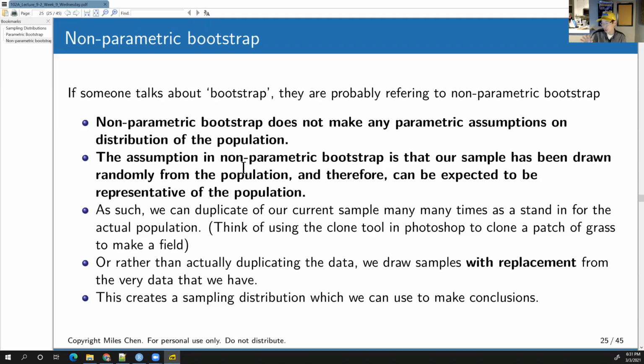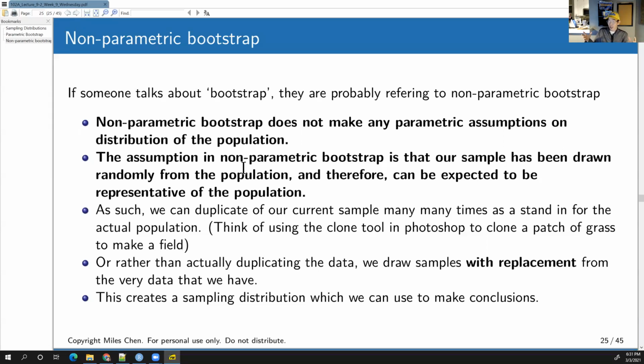The assumption you are making in non-parametric bootstrap is that your sample has been randomly drawn from the population and is therefore representative of the population. That seems reasonable. But non-parametric bootstrap takes it a little bit farther, maybe to the point where you're not super comfortable with this, but this is the next step. It says, well, if this is representative of the